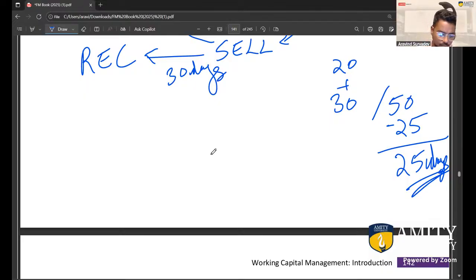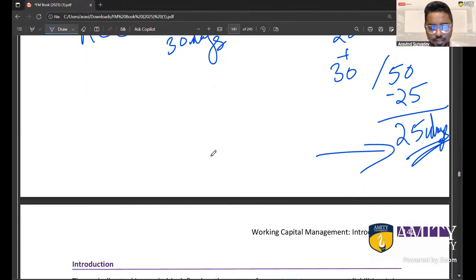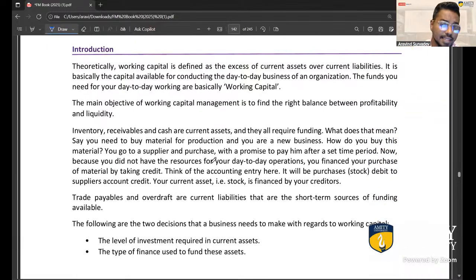This helps us calculate what we call the working capital cycle. The higher the number of days, guys, the more money would be required to fund it. The higher is the working capital requirement. We essentially want to balance this because we need money on hand, liquidity, but at the same time, we want to be invested in things like receivables and inventory, so as to increase profitability. So, introduction, then let's get into it.